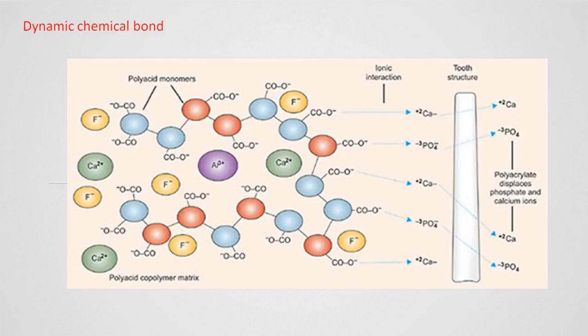The bonding between the glass enamel cement and the tooth is a dynamic bond, because whenever there is a break in the bond between the carboxylic acid group and the phosphate and calcium of the tooth, other calcium ions, fluoride ions and phosphate ions from the outside environment get into the surface and lead to formation of another, fresh bond. Or free carboxylic ions take part in the formation of new bonds, and this is known as dynamic bonds.